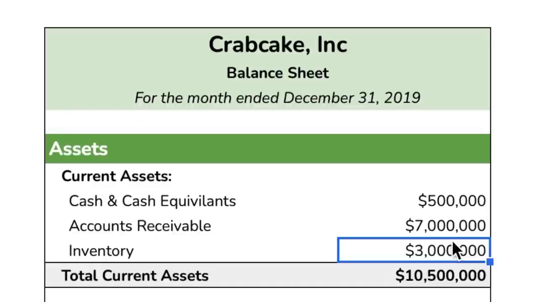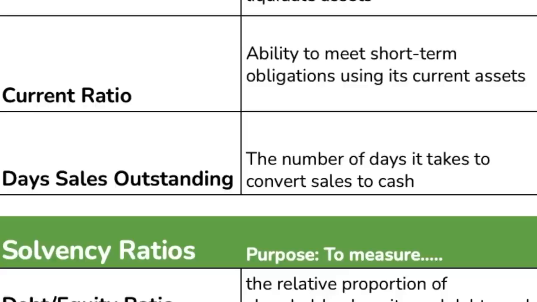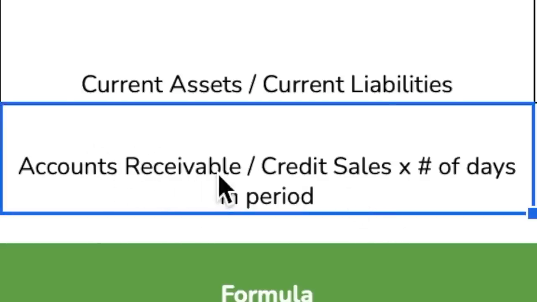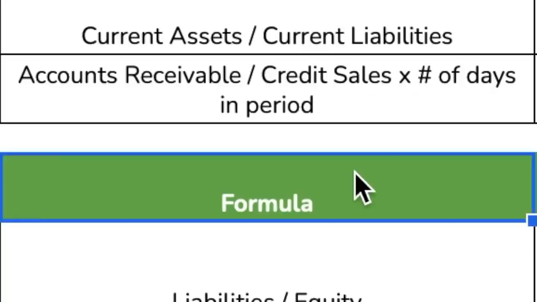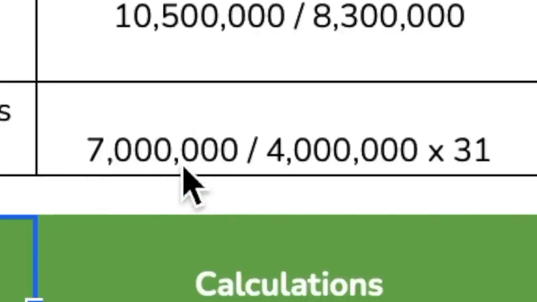So basically, days sales outstanding is a financial statement or balance sheet metric that will show us how long it takes. So here we have days sales outstanding, which is the number of days it takes to convert sales to cash, which basically takes the accounts receivable balance divided by credit sales and then multiplied by the number of days in the period. And to apply this to our example here, if we take the accounts receivable balance, which is $7 million,